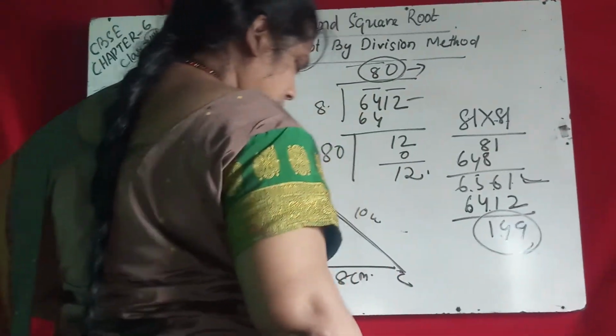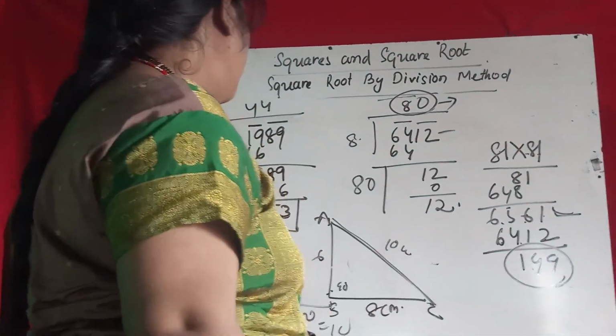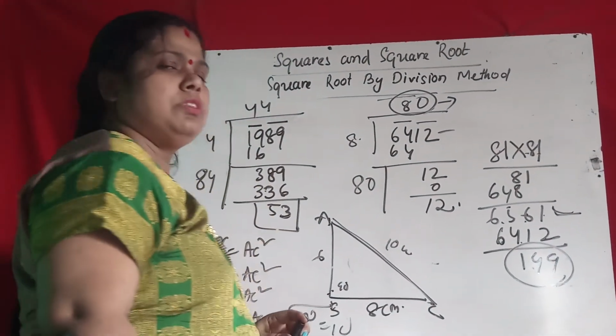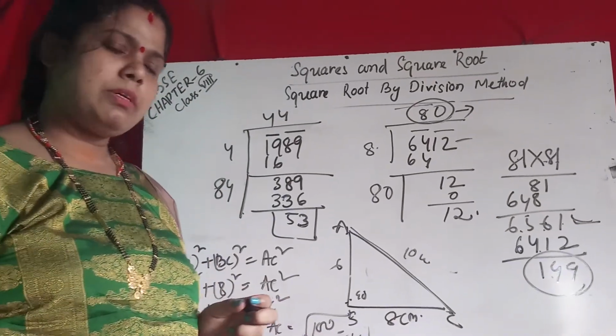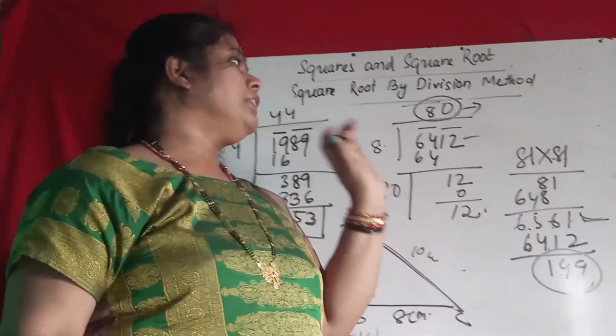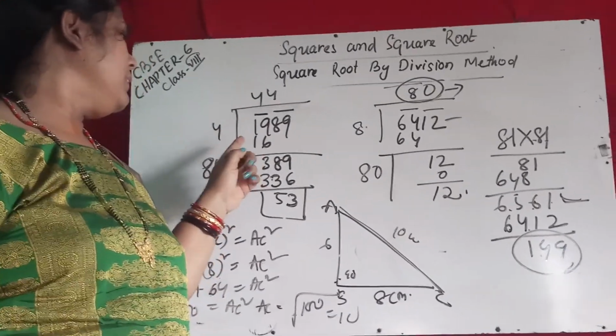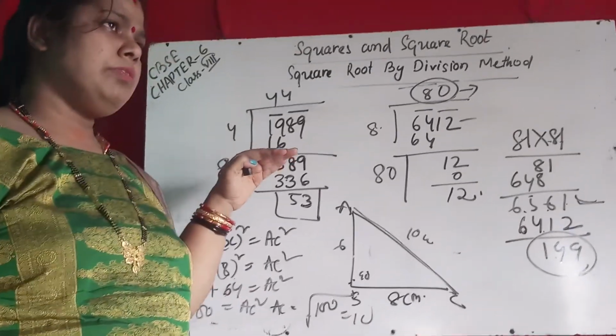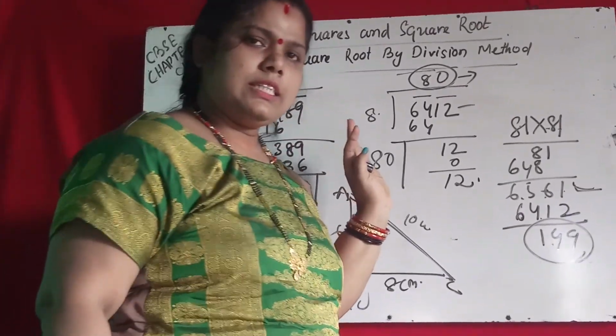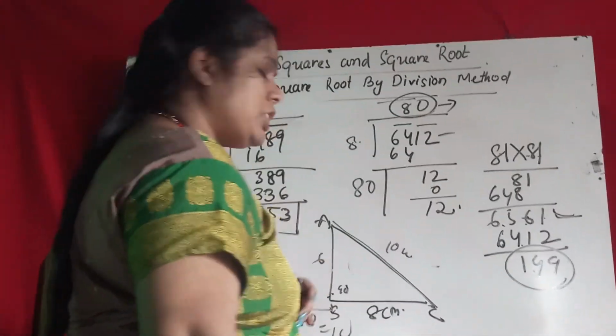Okay. So I hope you understand how to find the square root of a given number or a decimal number by using the division method. So here, only step by step you try to do, you can easily understand. So this is all about today's